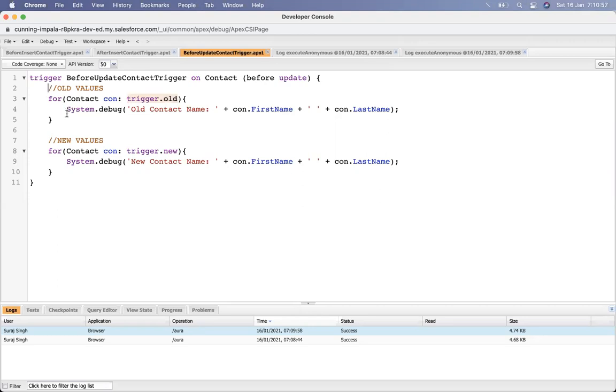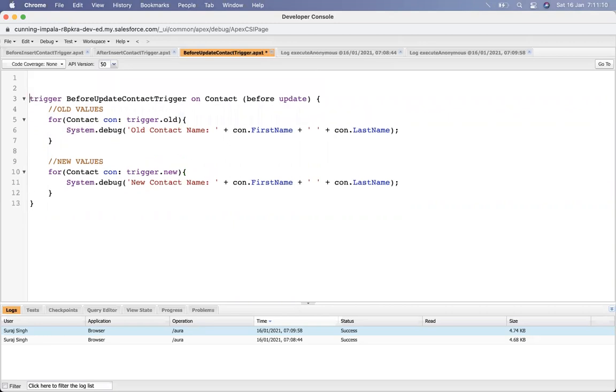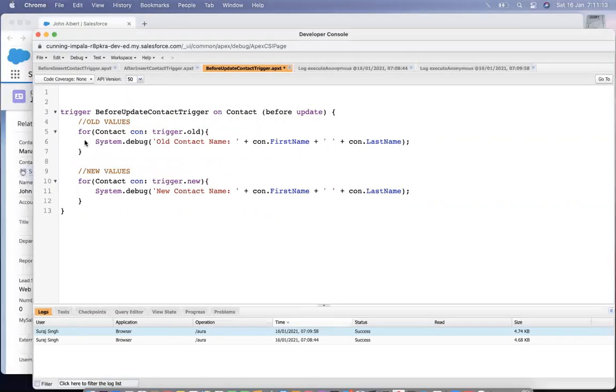So let's work on how we work with the trigger using both old and new values. Let's put some requirement. Suppose let's go to the contact.